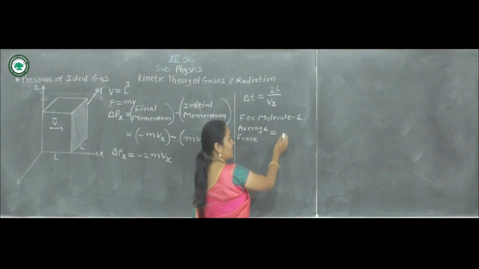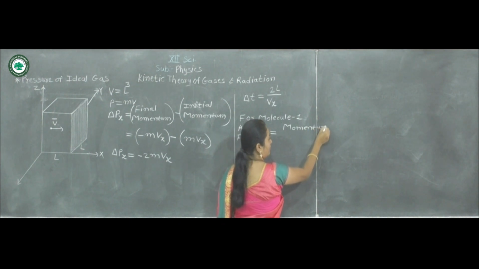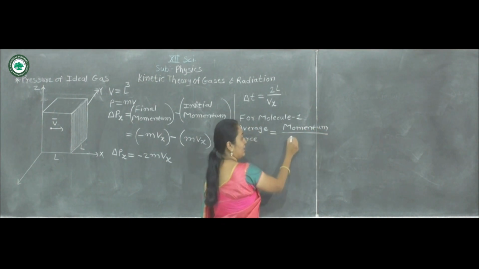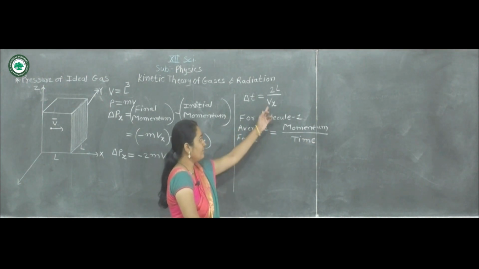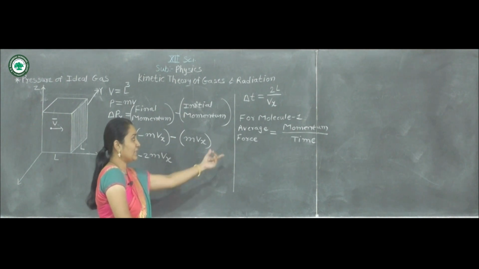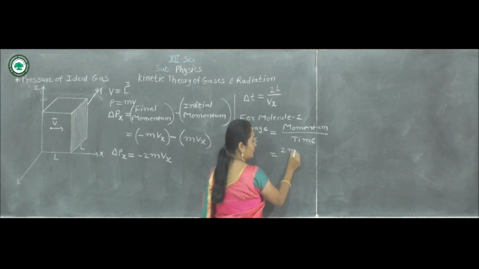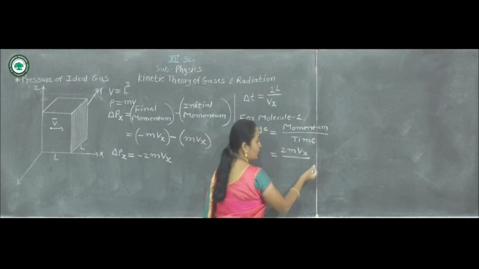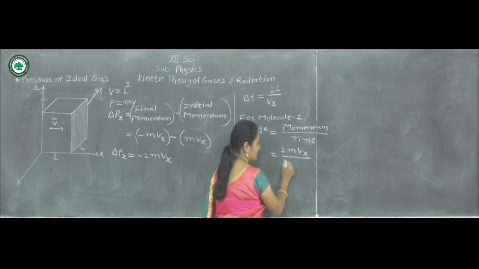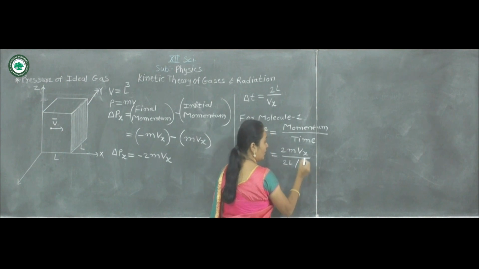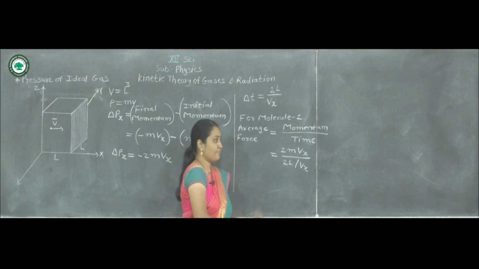So the force is given by momentum divided by time. So from this equation we can write the force equal to 2mVx, that is momentum, upon time, 2L upon Vx. So after simplification